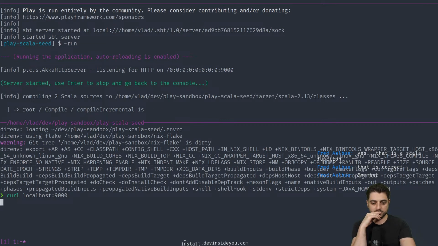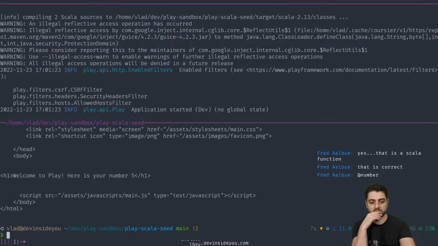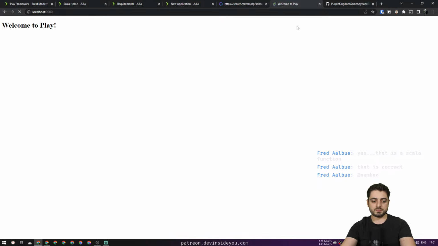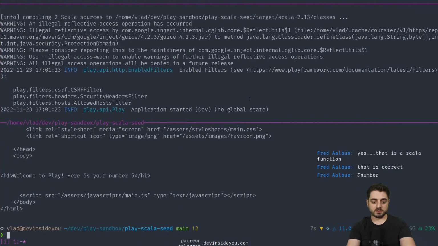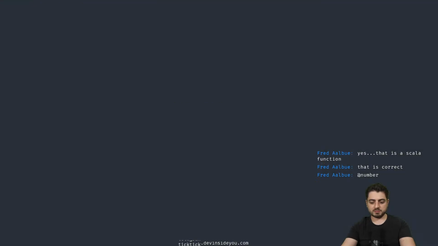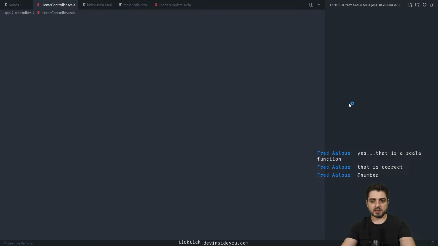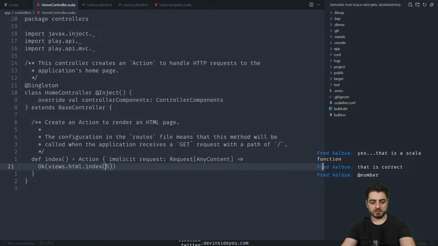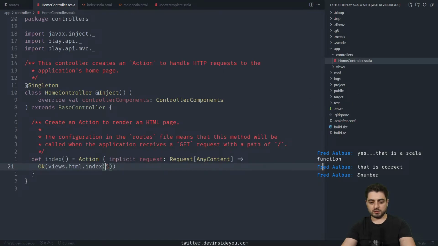Oh, okay, so we need to do a request and only then it starts compiling. Okay, here's your number, it's 5. Cool, so it worked. So I do remember it correctly. It is annoying as hell though that it looks like maybe this is like a metals thing. Like sometimes it helps to just restart, and then maybe it will be okay. We'll see. Back then there was no metals, so I don't remember how